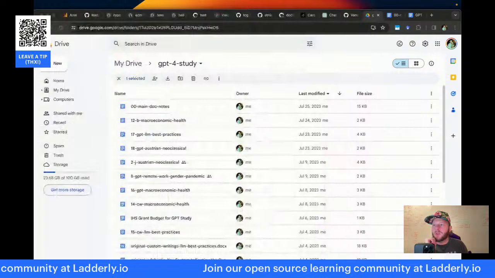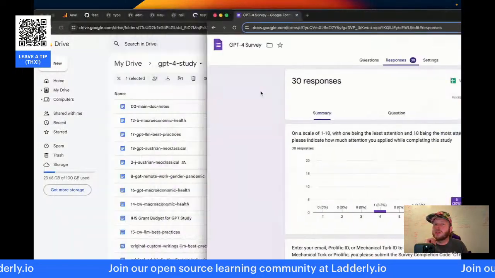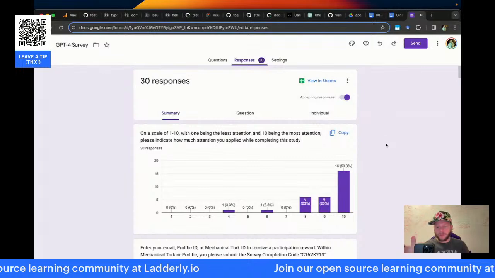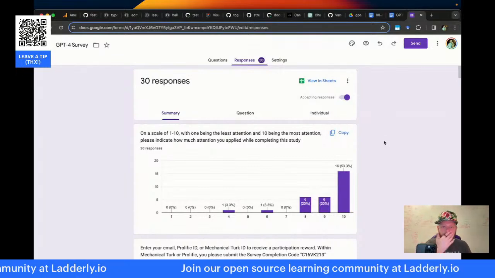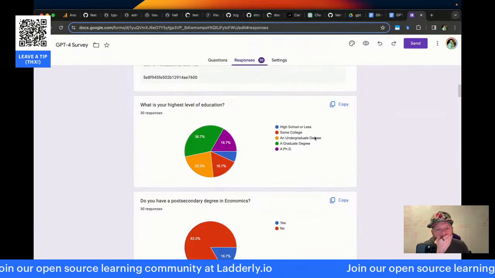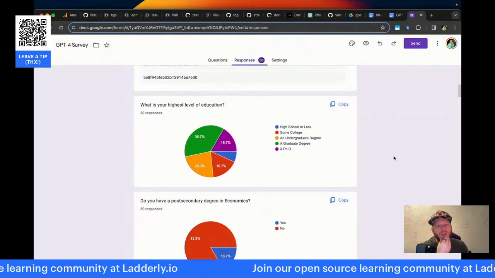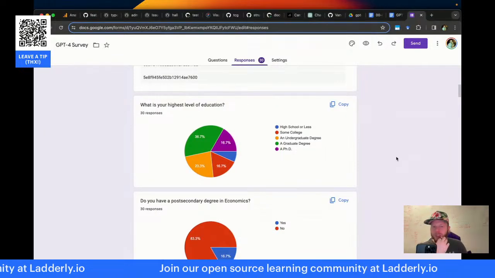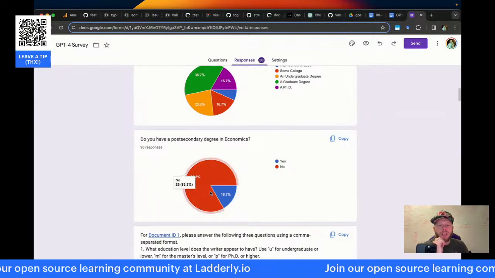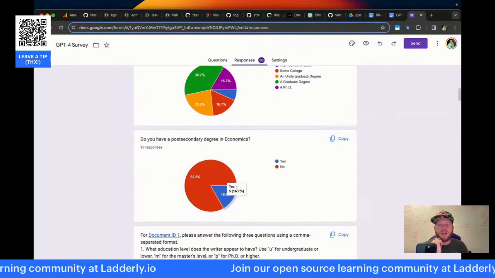Great. Well, this will make it easy to get into CSV. You can see we have these different levels of education. Post-secondary degree, only 5 people said yes.